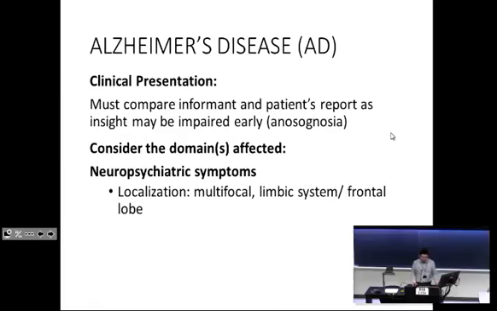Now, the question that I often get asked is, why does it matter? Right? We don't have any real treatments for any of these diseases. The treatments for all of these diseases, modest as they are, are all essentially the same. The reason is because the prognosis is quite different. The prognosis for someone with DLB, for instance, is radically different than the prognosis for someone with semantic dementia. The other thing is that even if we can't do anything about them right now, we may be able to do something about them in the future.